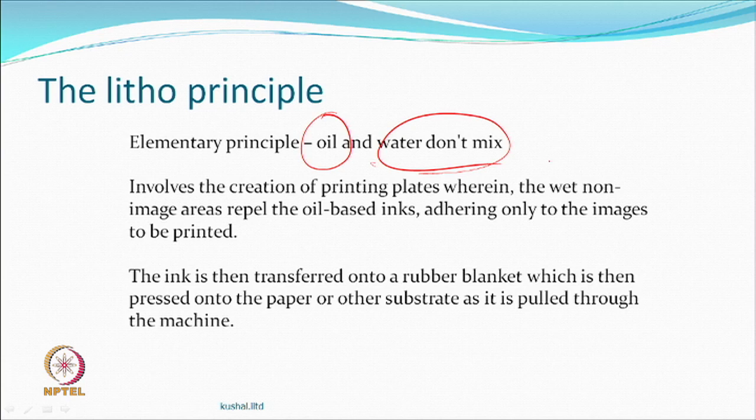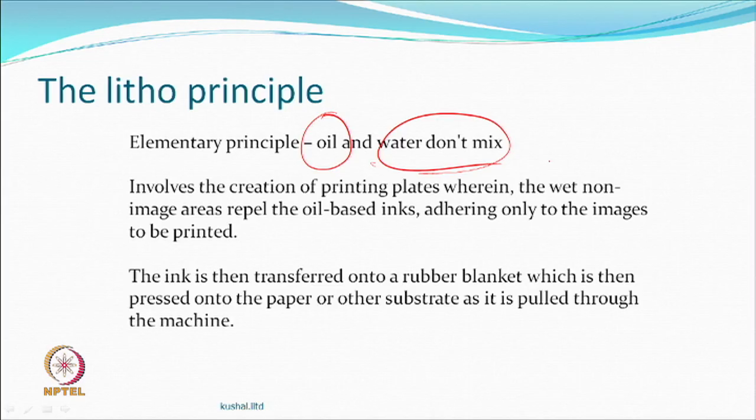So the transfer roller, when it transfers the ink, fortunately ink goes only towards the oleophilic portion, which is the design. Then it is transferred on to another one where the ink gets transferred. So ink is only on the hydrophobic part, and from the hydrophobic part it goes to another transfer roller, and from the transfer roller it is then transferred.